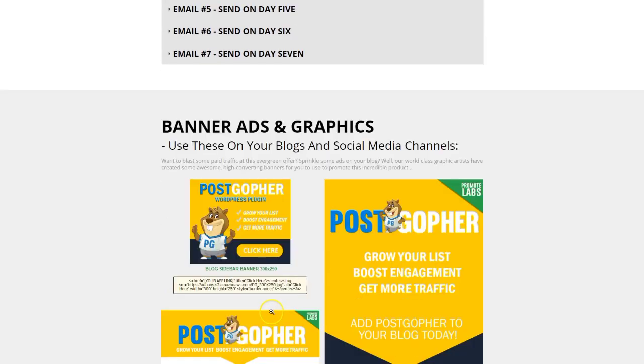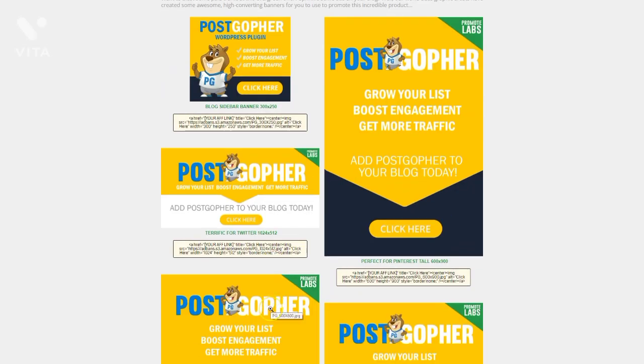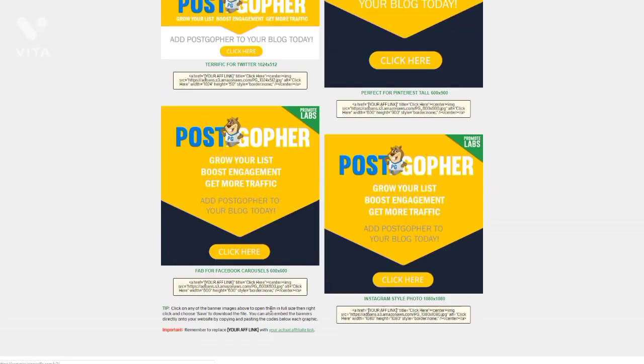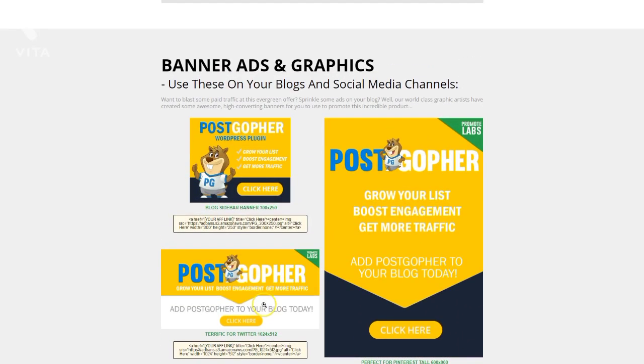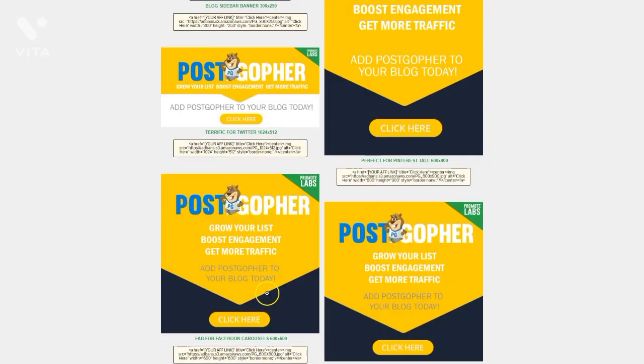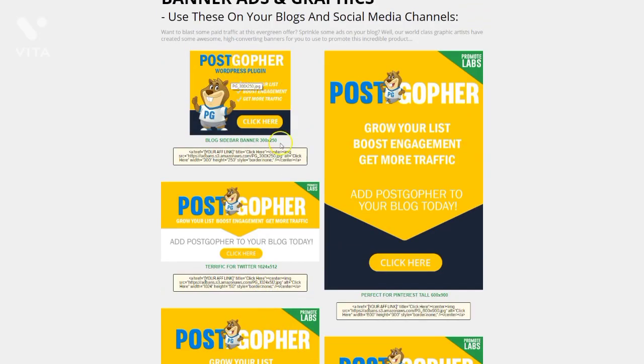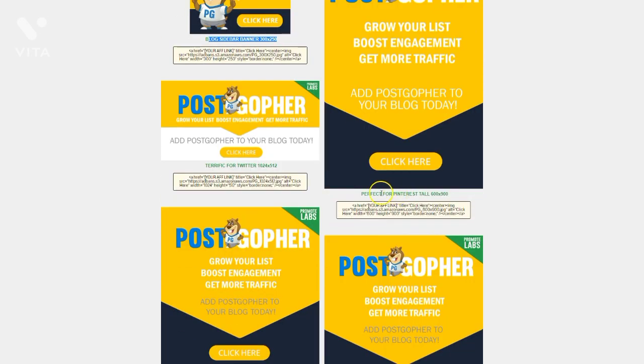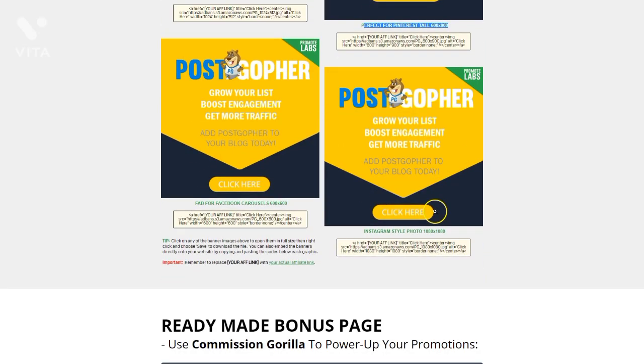Banner ads. As you can see, based on the shape here, they're really going for not just people maybe sticking this in the bottom of an email and in their blog post. They've made these so that they're perfect variations of size and shape to be used for PPC. Okay, you'll see this one says actually terrific for Twitter, blog sidebar, perfect for Pinterest, tall, Facebook carousels, Instagram style photo,